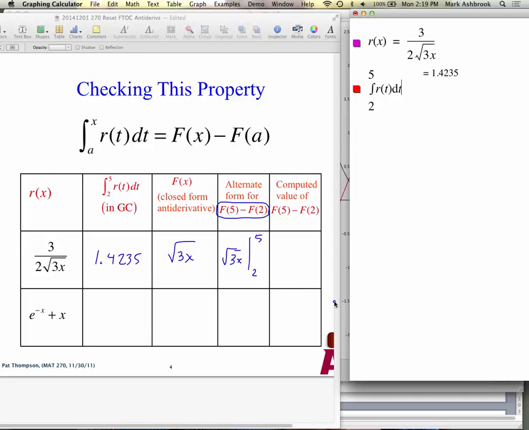Okay, so let's compute that. So you see that the open form gave a value of 1.4235. So now I'm going to do option 3 times 5 minus what? 3 times